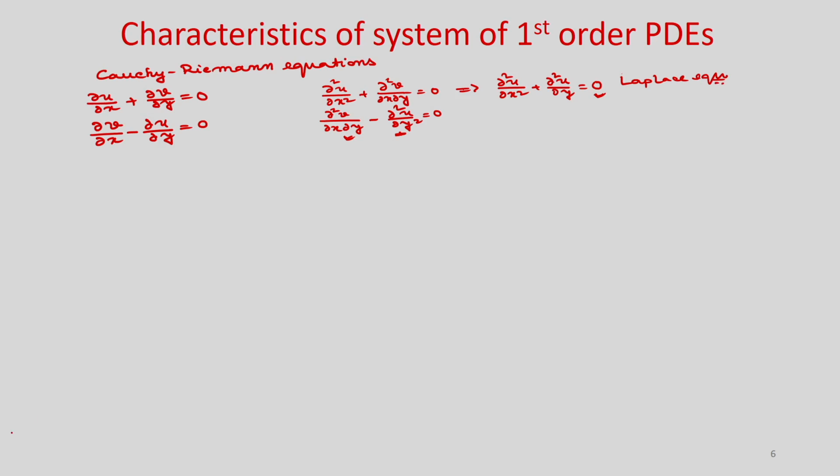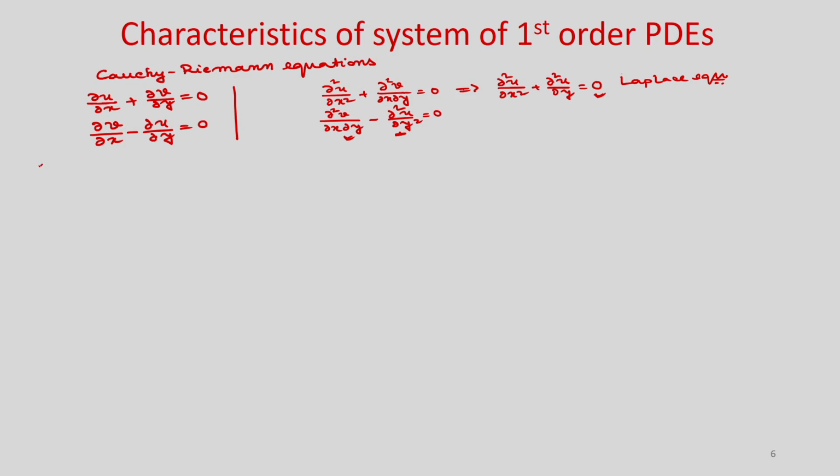Okay. Now, let us say that we have this set of equations. How do we find the mathematical characteristics of this set of PDEs? We will consider the three different methods that we discussed, and we will find the mathematical characteristic of this set of first order PDEs. Let us see how to do it with the first approach that we have learned.